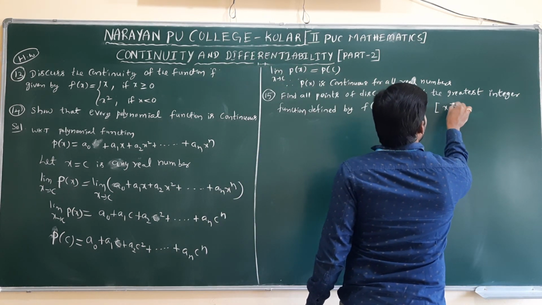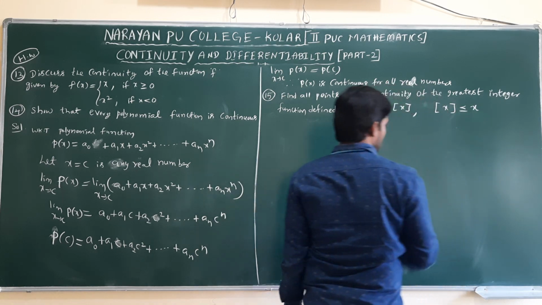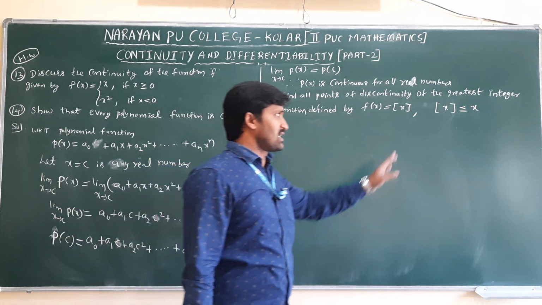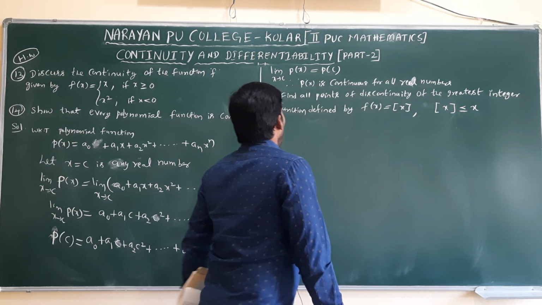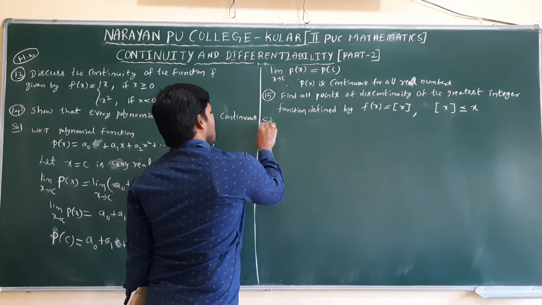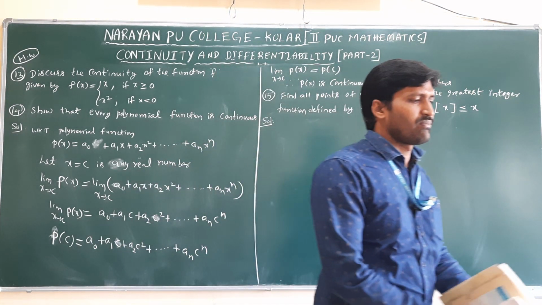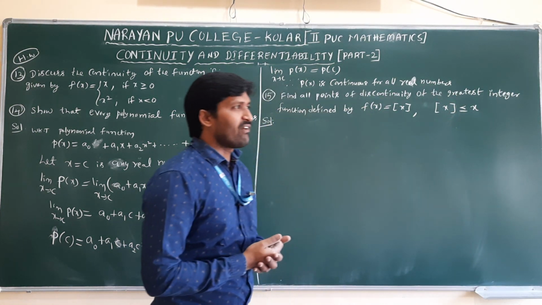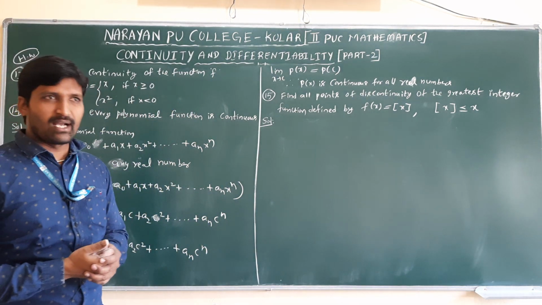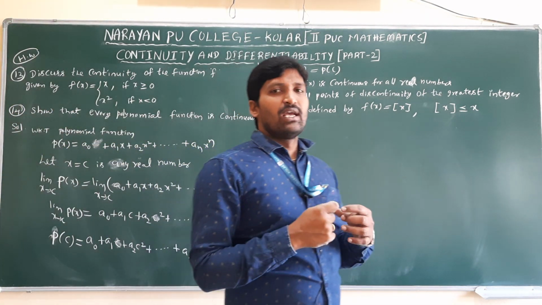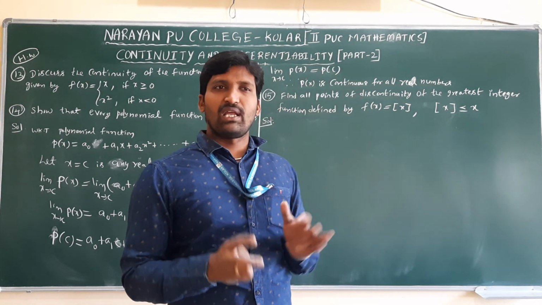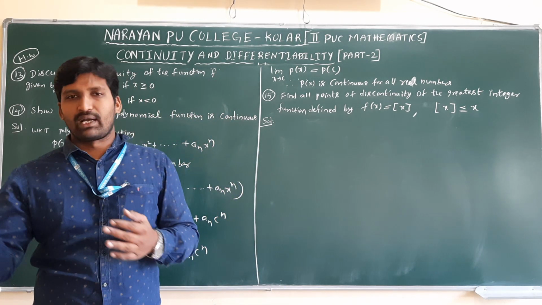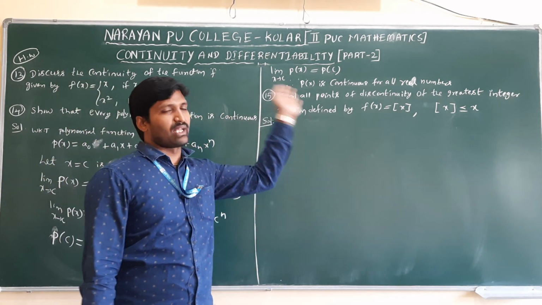That only means it is always less than or equal to x. The greatest integer function is always less than or equal to x. Now we know the definition of the greatest integer function: it gives the preceding integer. The output you will get is generally always an integer only. But to verify in this case, we are taking two conditions, because we need to check for all real numbers. In the real numbers, the graph of this curve generally breaks only at integers: at 1, at 2, at 3, at 0, at -1, -2, like that.